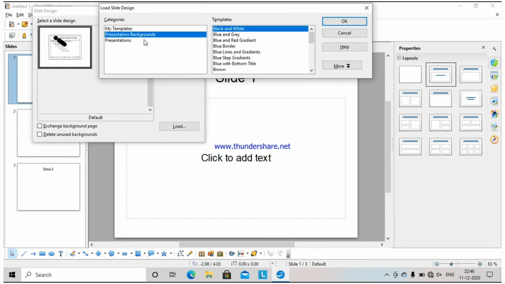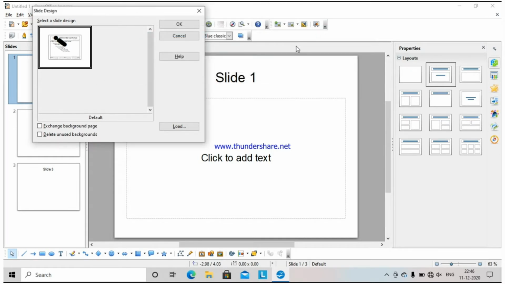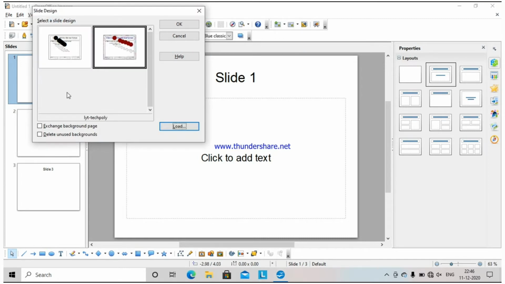I would select the second option, that is Presentation Backgrounds. Here in this Presentation Backgrounds, various templates would appear under the heading Template. I can select any of the templates which I find suitable for my presentation. Suppose I select this Technical Polygon and I will click on OK. When I click on OK, you can see in the Slide Design window that particular template would appear.